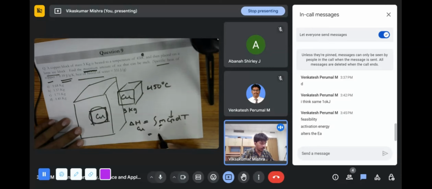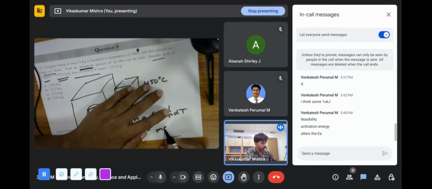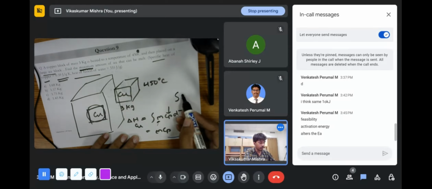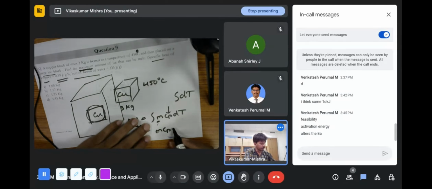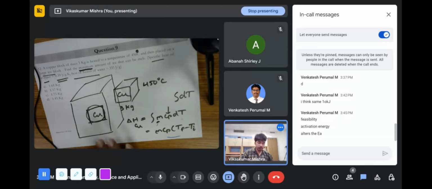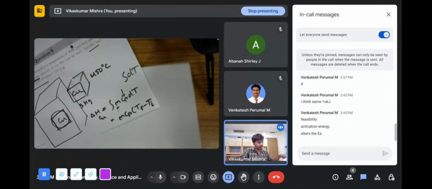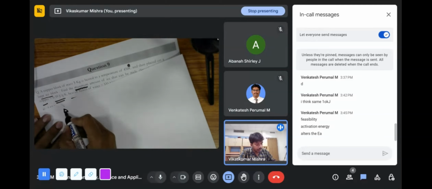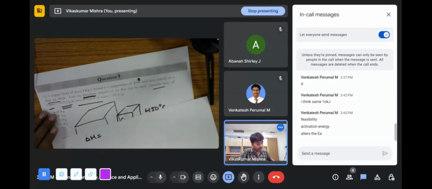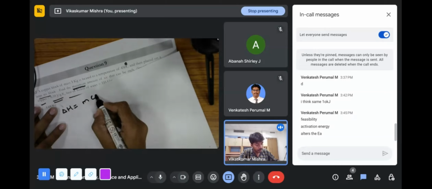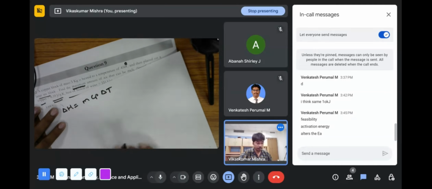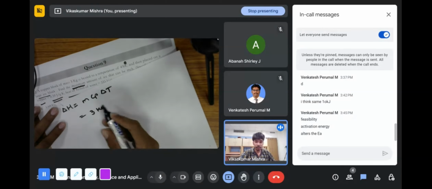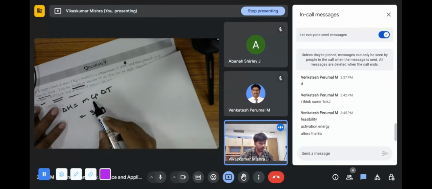So M we took out, Cp also we took out. And what remains inside is the integral of dT, that is final minus initial, T final minus T initial. Okay, so let's say this. Let's again write that delta H is equal to M Cp delta T. Mass we know is around 3 kg. We can write it over here, 3 kg. Let's also put the unit side by side. Cp we know. Cp is